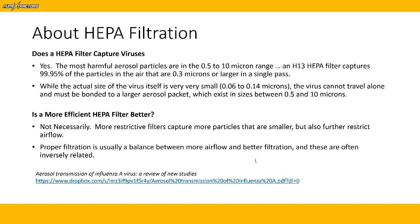When we speak, we create aerosols. When we cough, we create aerosols. And during this dental procedure, we're also creating aerosols. And the virus travels in those aerosol packets. And the aerosol packets, again, with this process, are between the sizes of 0.5 and 10 microns. So we really have to think about it in terms of being very efficient at filtering particles of that size range. And an H13 HEPA filter captures 99.95% of particles that are 0.3 microns or larger in a